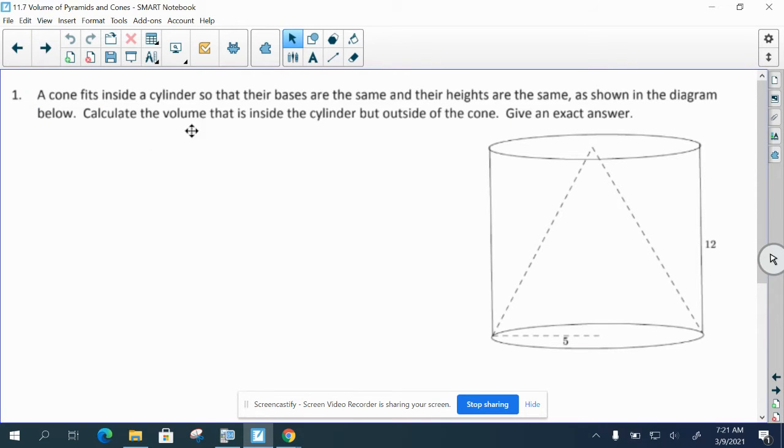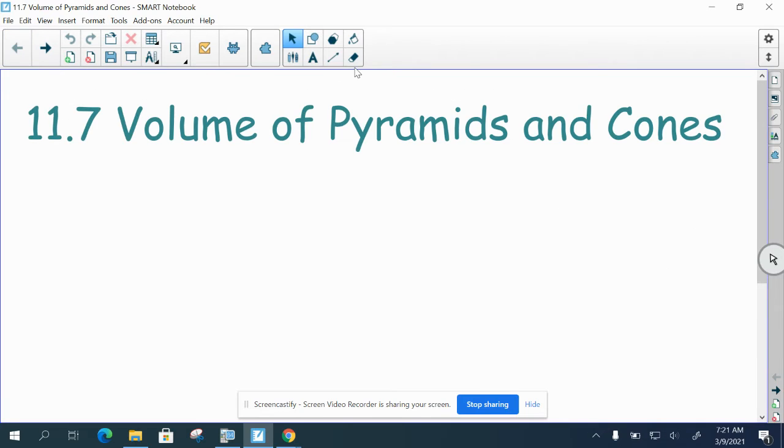Anyways, so the cone fits inside a cylinder so that their bases are the same and their heights are the same as shown in the diagram. Calculate the volume that is inside the cylinder but outside of the cone. Give an exact answer. So the formulas you're going to need to know for today, we'll backtrack a little bit,